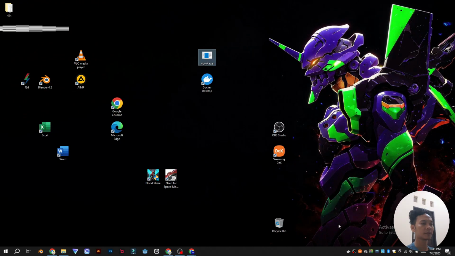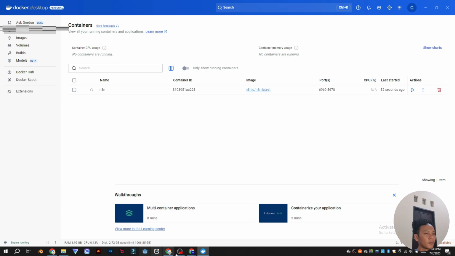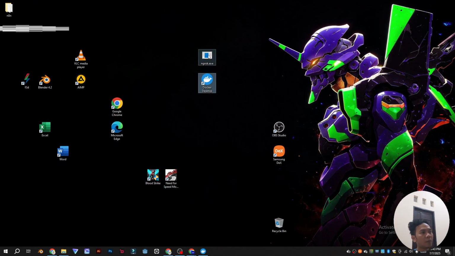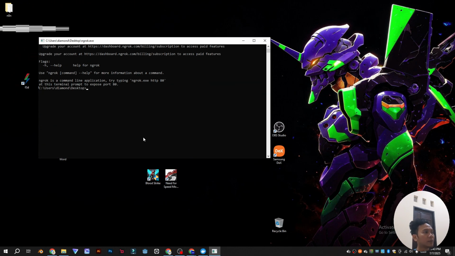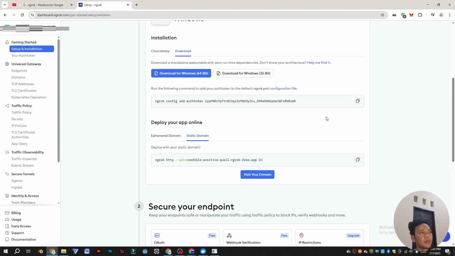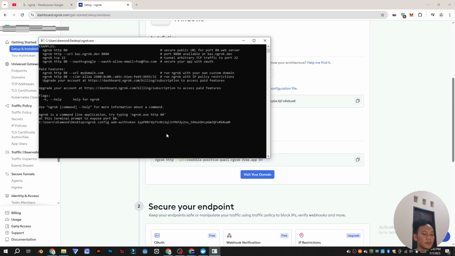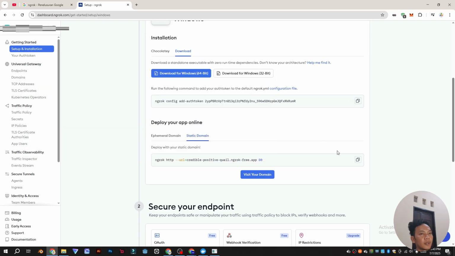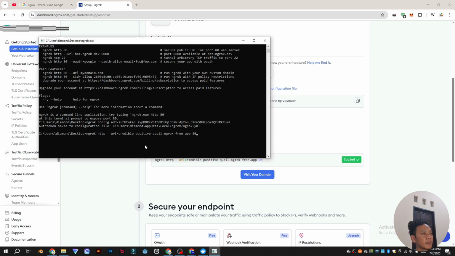After this, open Docker and then open ngrok. So the first step is we copy this authenticate token, then paste it, enter. After the configuration file is generated, we can copy this static domain and paste it.